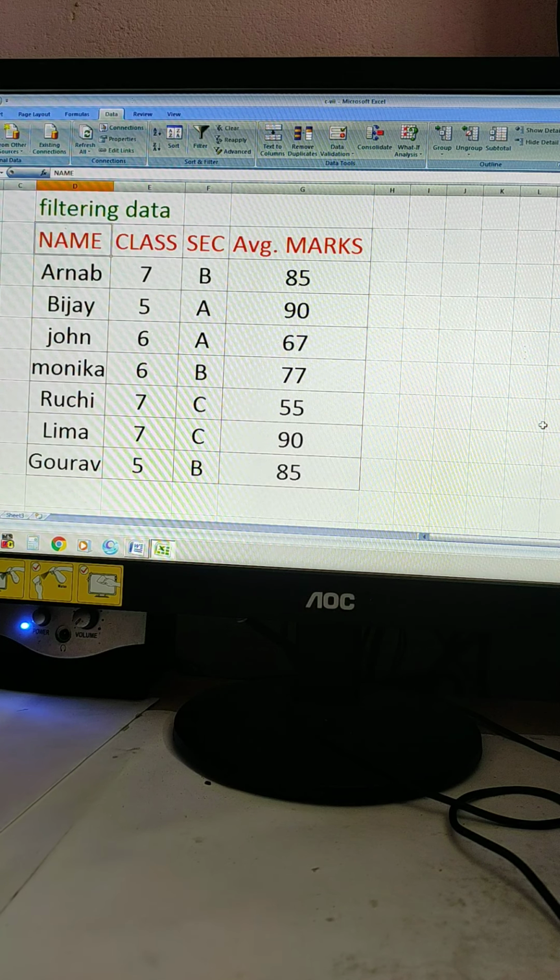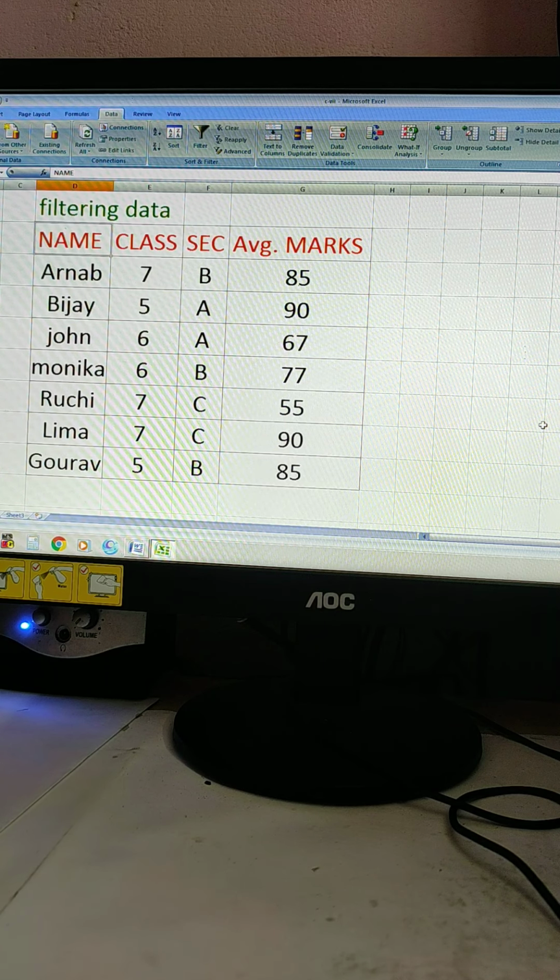the required data is shown by the command. Like a water filter, we need pure water. Here, what I need will only come. That is called a filter. Suppose I need to see only class 7 students, but I have written class 7, 6, 6, 7, 5 here. But I need only the class 7 students and their names and marks. Okay, I can understand everything only for class 7.